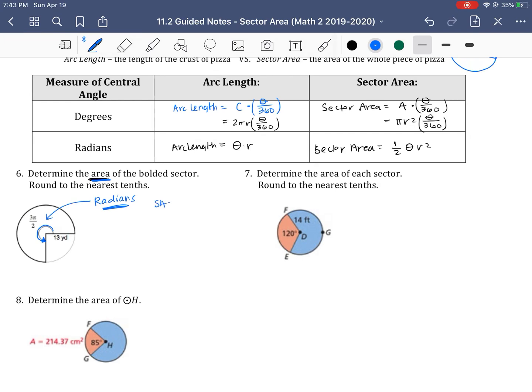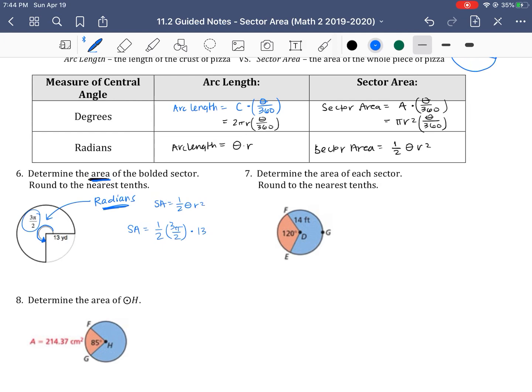Sector area is going to, I'm going to write SA, it should be 1/2 theta r squared. So if I want to find the sector area, I'm going to do 1/2 times theta, and in this case, again, theta is your angle, so 3 pi over 2